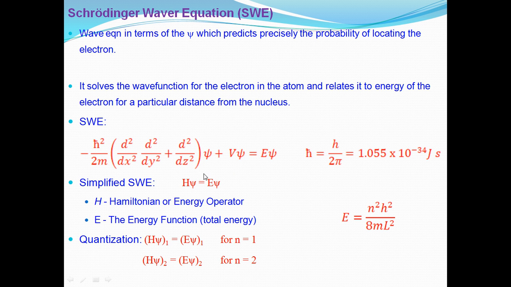This is a simplified wave function where H represents the energy terms here. It's called a Hamiltonian, or an energy operator, and of course E is the total energy, or the energy function of the wave function. Now, what basically is important to take from this is that